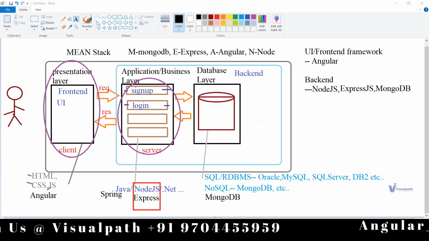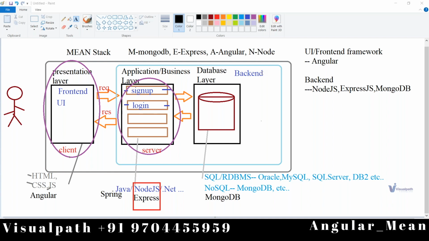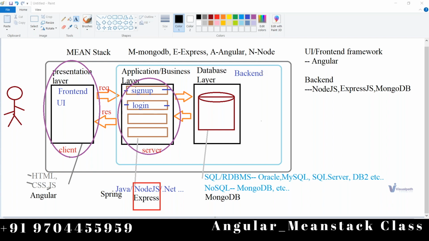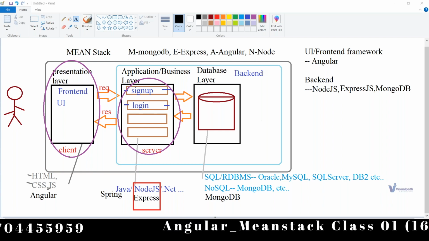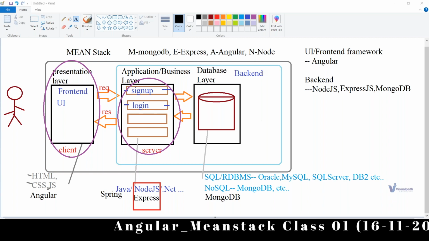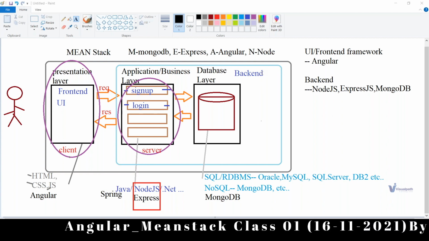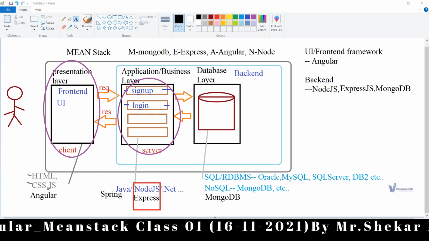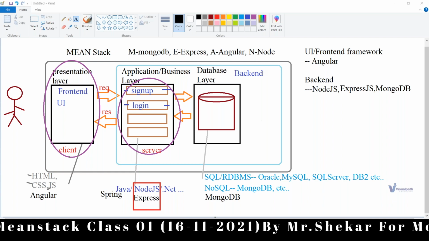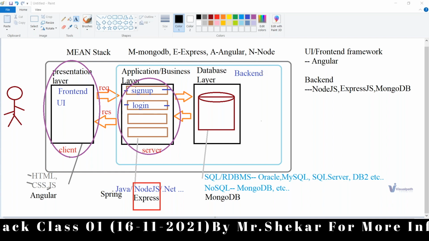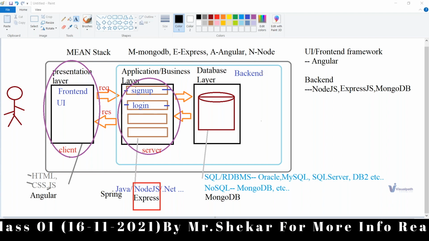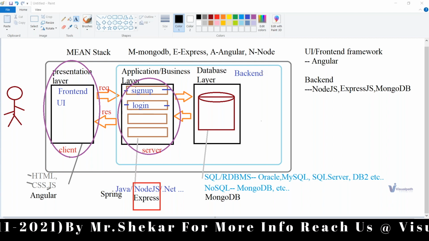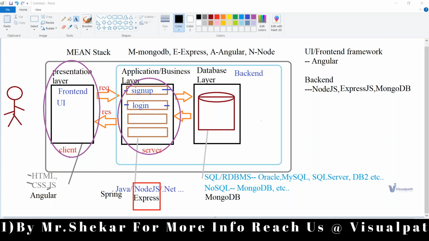Once we are done with the simple front-end application, then we'll go on to learn Node.js, Express and database. There we'll be creating one pure backend application. That application will also be tested, and that is called APIs. Whatever application we are developing is called APIs, and in this we'll learn REST APIs also, how to work with REST APIs. All these are real-time scenarios, how real-time development happens in a company or organization. With those standards, we'll be learning the course here.